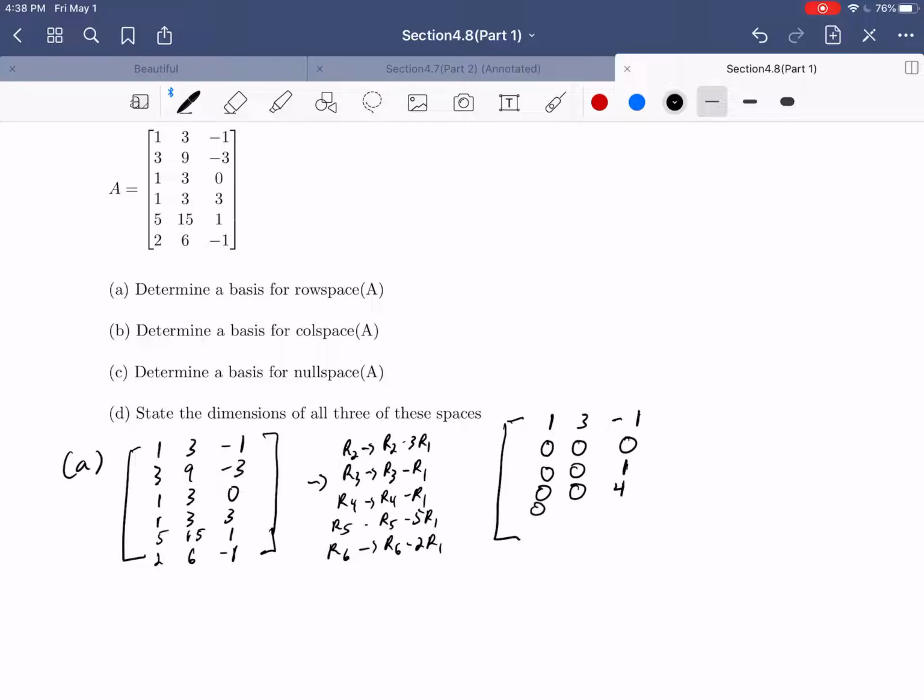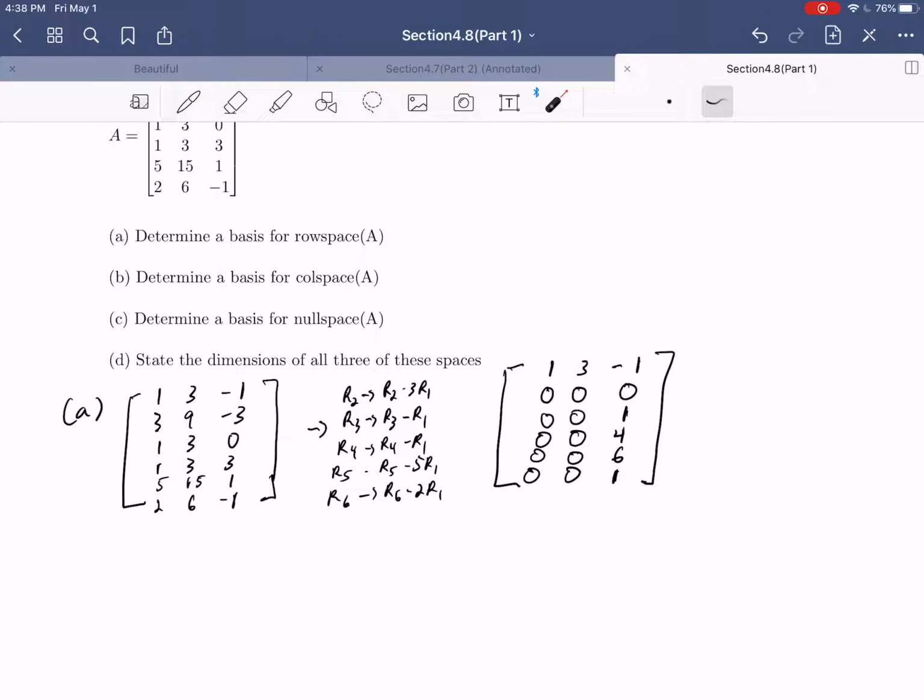Then 0, 0, 1 plus 5, so 6. And finally 0, 0, and minus 1 plus 2, so a 1 there as well. Okay, so probably a good idea to put one of these 0, 0, 1s up there,